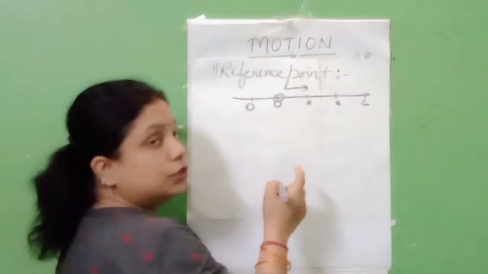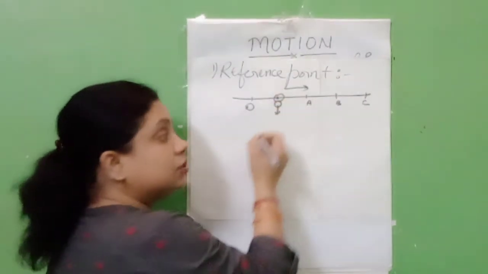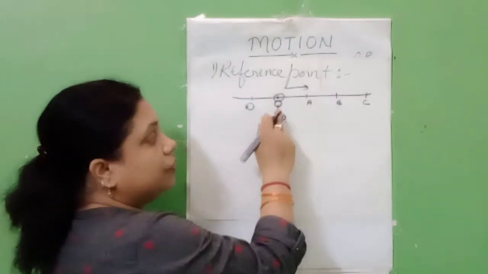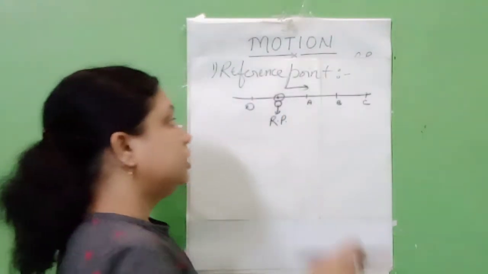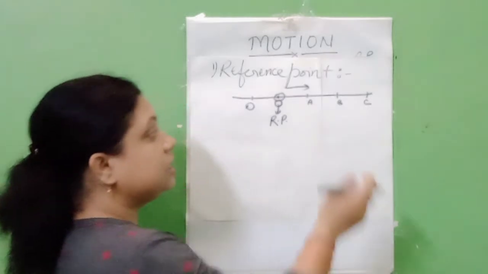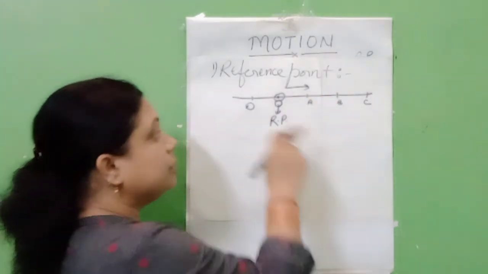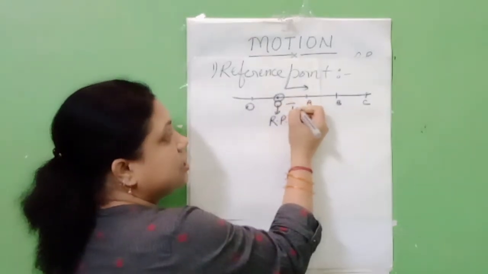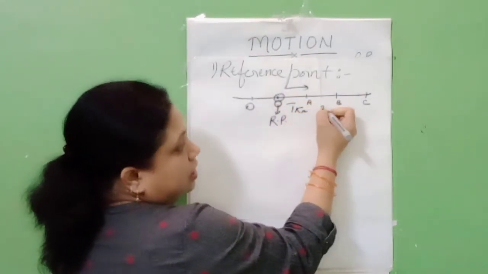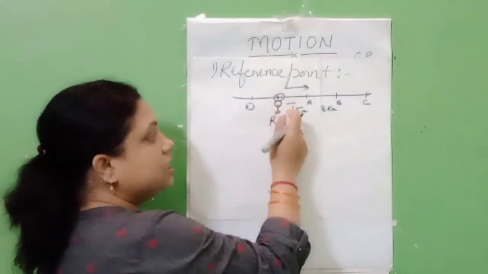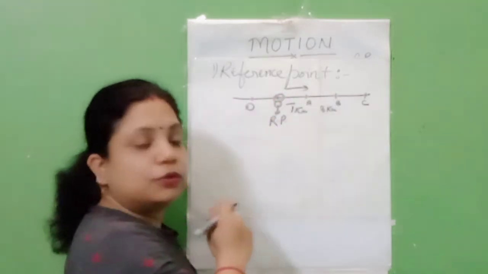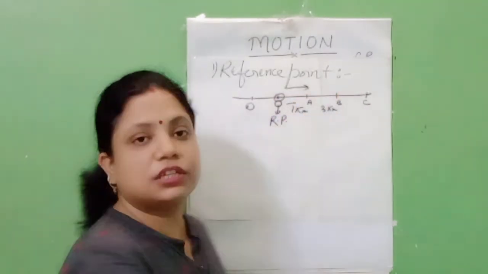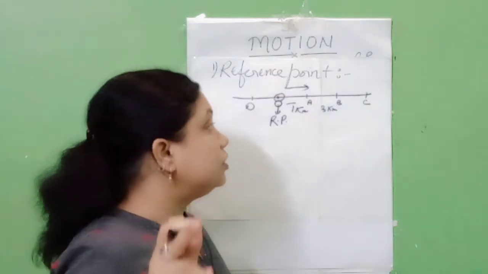How do we know? Because the origin point has been given. So this point is the reference point from where we locate the position of the given object. If I ask where is the position of B, you will say, ma'am, it is right from position O. Suppose some distance is given, it is 1 km, and 3 km. So what will you say? Ma'am, it is 4 km from the position O, because this one is 1 km and A to B is 3 km. So the position of the object will be 4 km away from the origin point O.